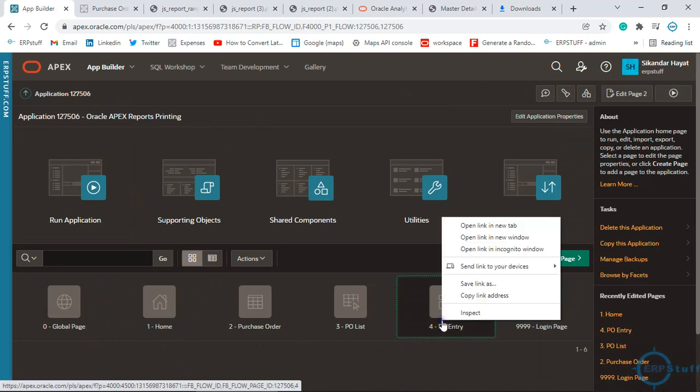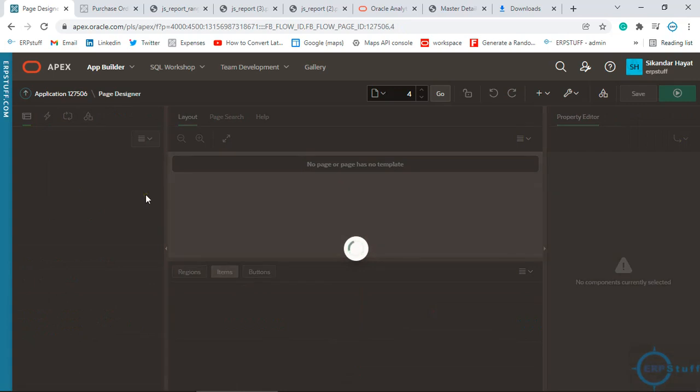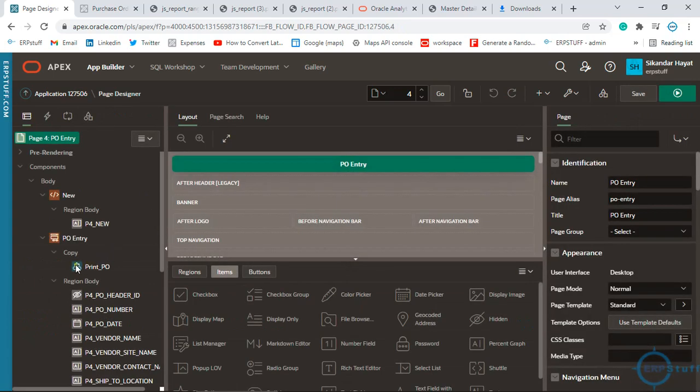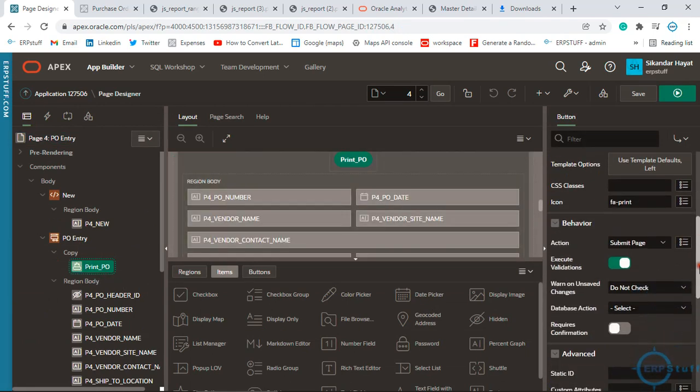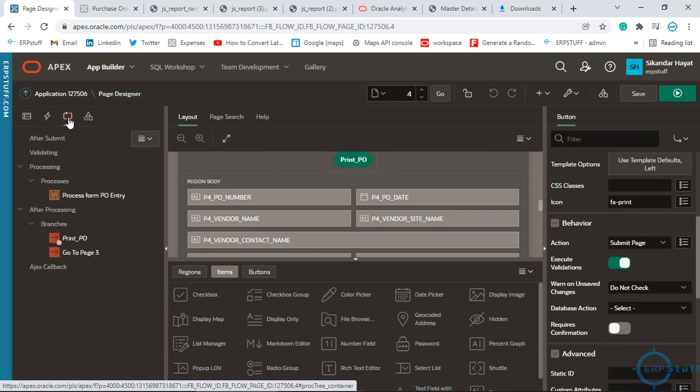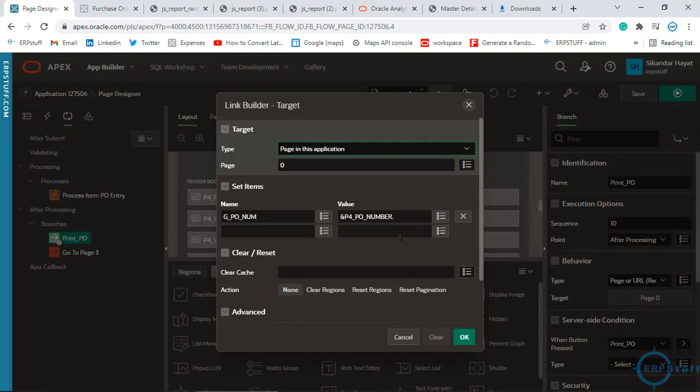So on the entry page, here I have this print PO button, same, no change, just submit page. On the pages you need to have a branch. Here I put it print PO and again the same URL, right.